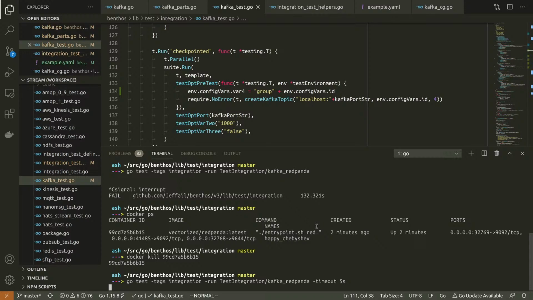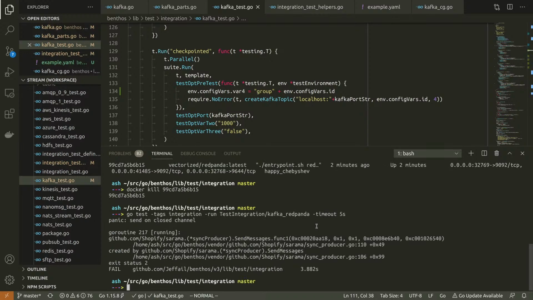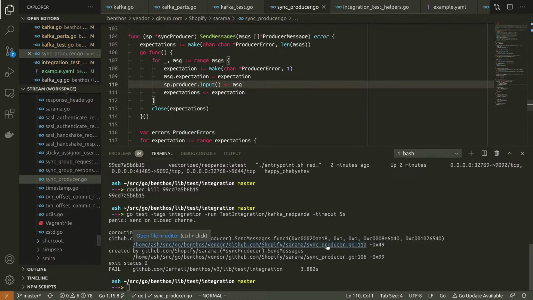Whoa! Oh, that's a proper one. That's a proper error. What's going on here? Send messages. The producer. Send on a closed channel.